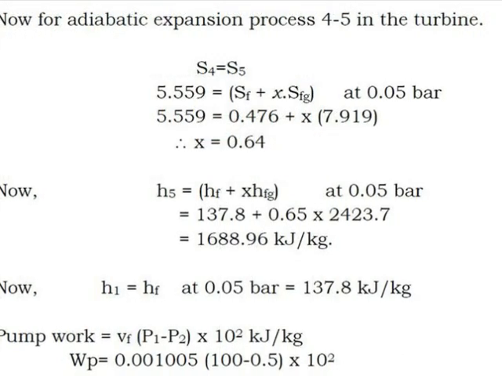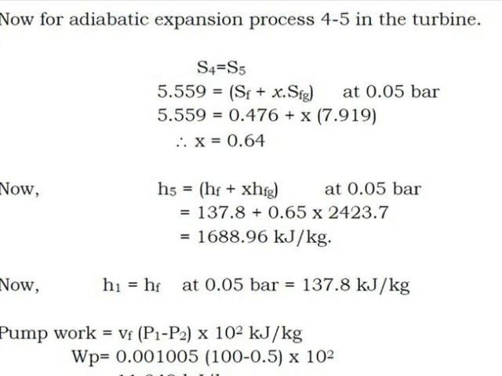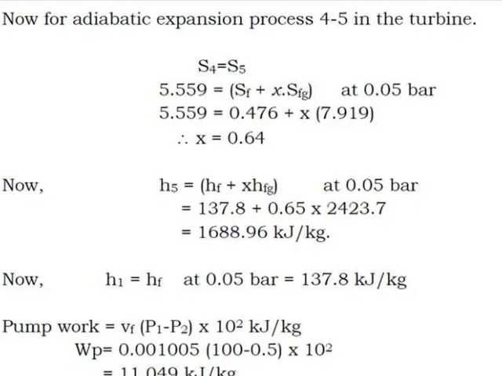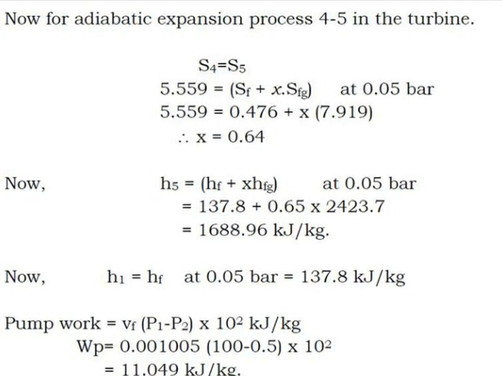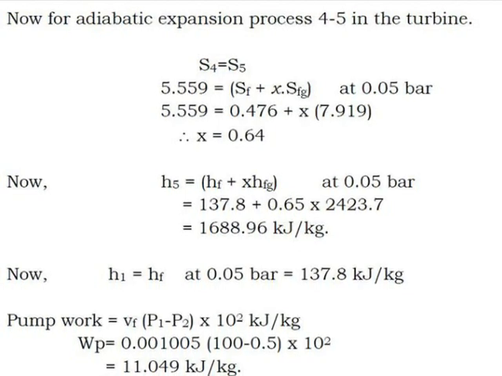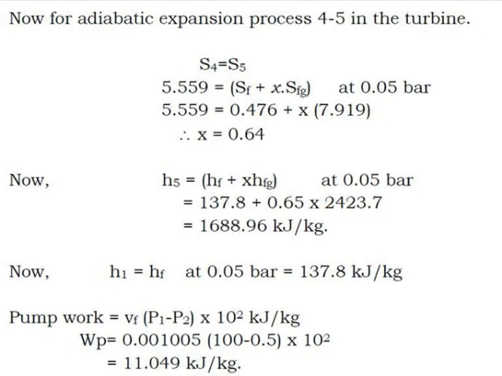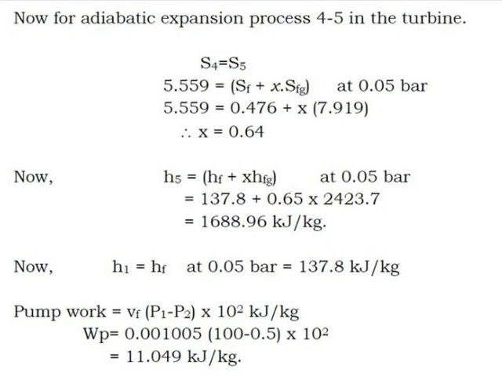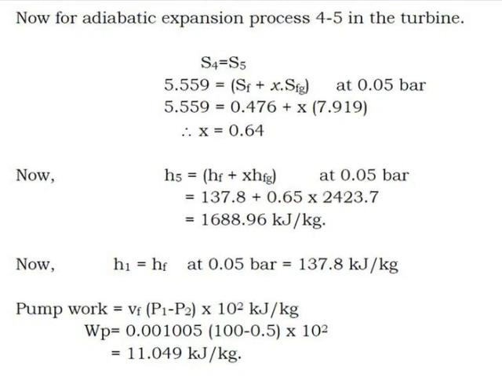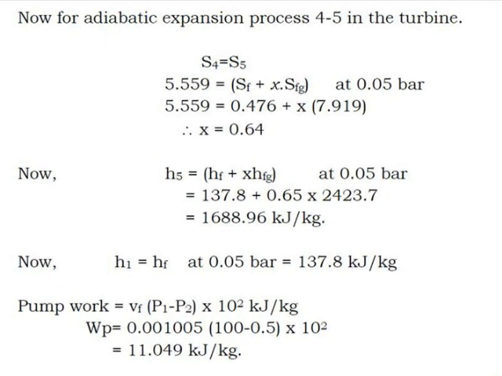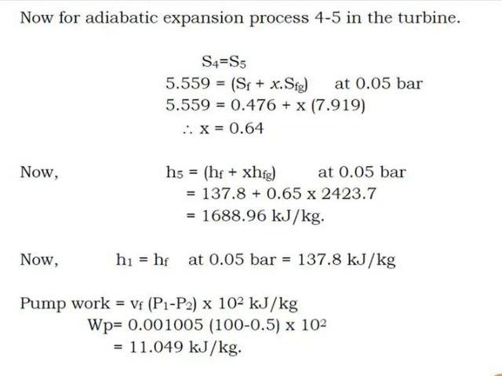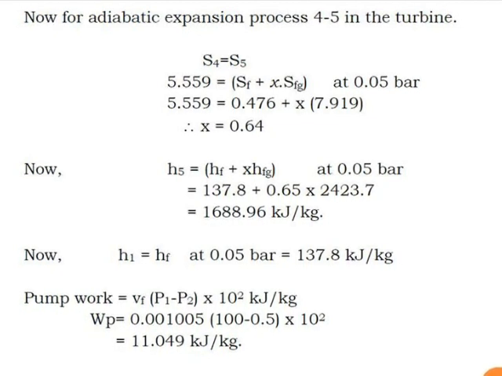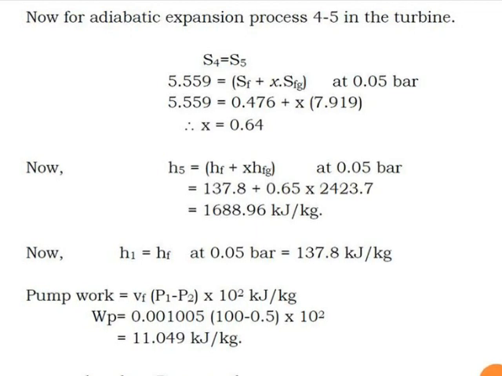To solve this numerical, first we have to find the value of dryness fraction. For that we take S4 equals S5, as 4 to 5 is the isentropic expansion process in the turbine. So S4 equals SF plus X SFG at 0.05 bar, and from that we get the dryness fraction value of 0.64. When that X value is available, we can find the enthalpy at the outlet of the turbine, that is H5 equals HF plus X HFG, and upon calculation we will get the H5 value,